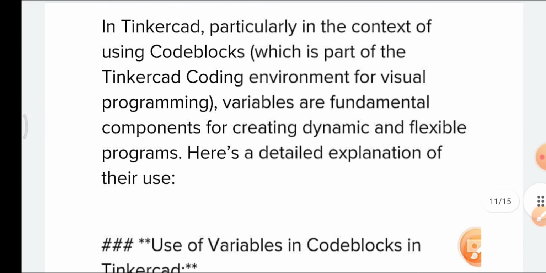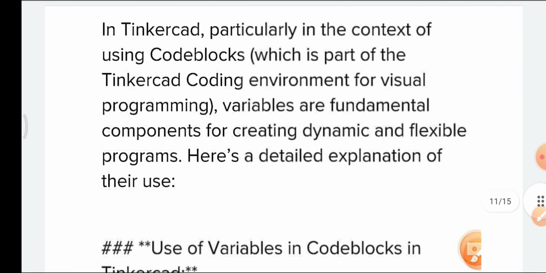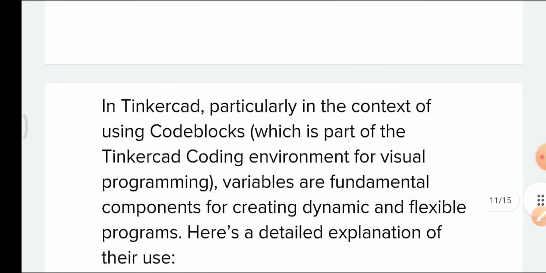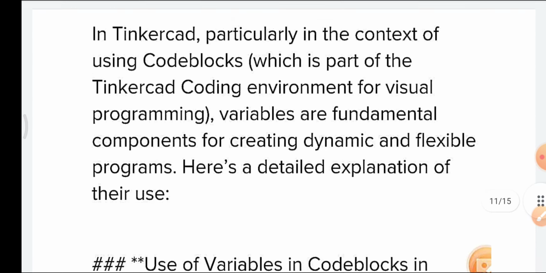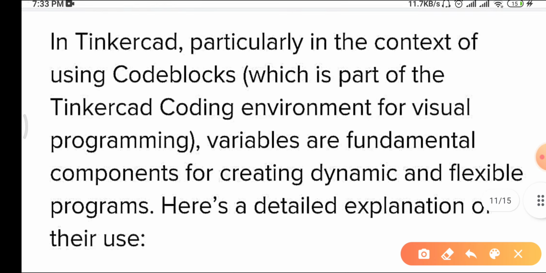So this is the variable, and in the project we just created in Tinkercad in the last video, where we created a 3D home, in which we created wall, roof, door, window, these are the variables. So what is the use of variable? Here we'll get the exact reference. See the line.